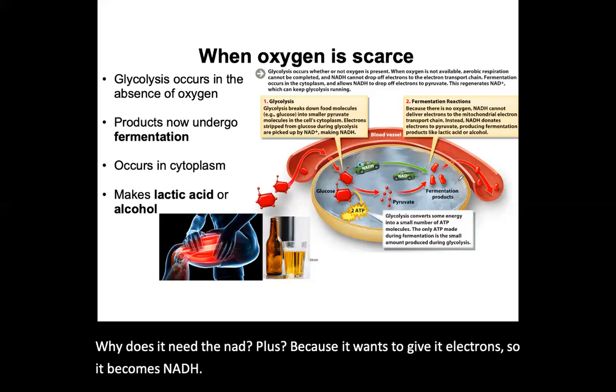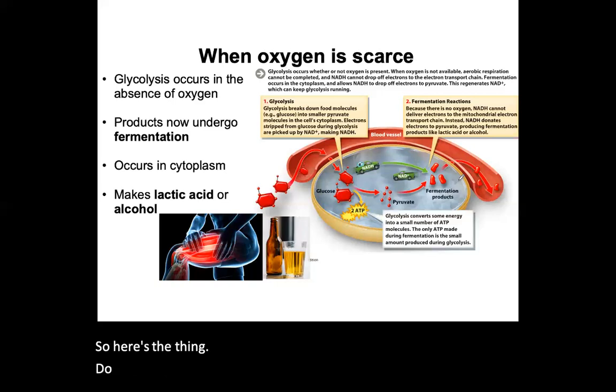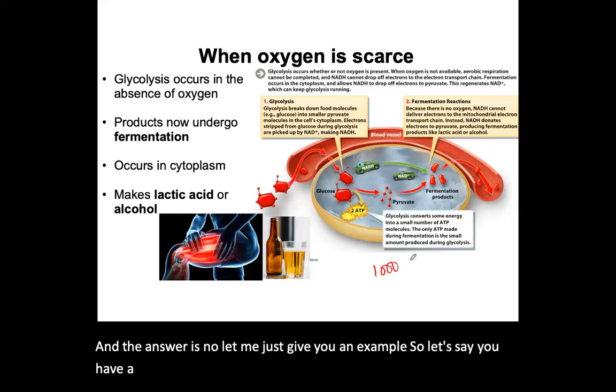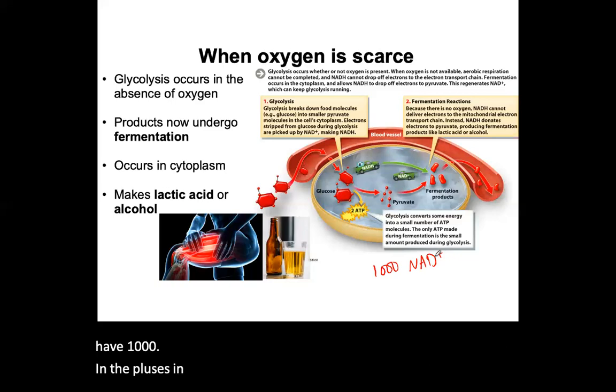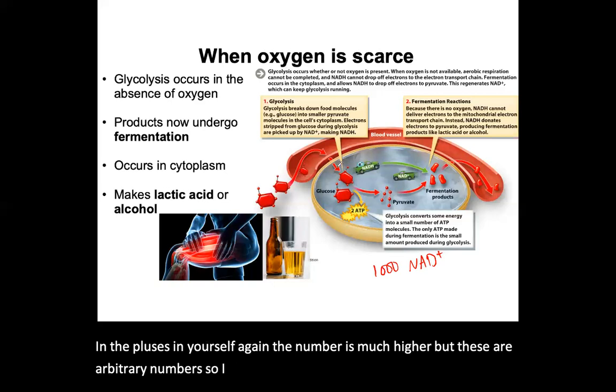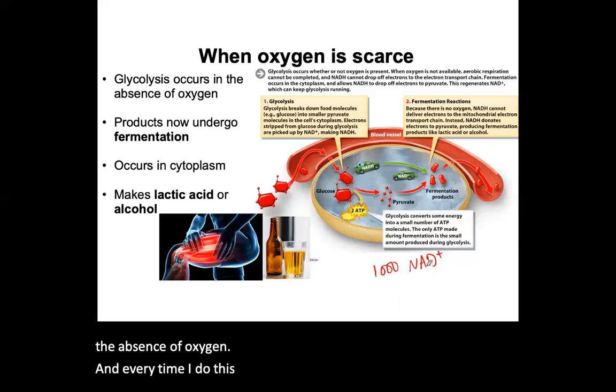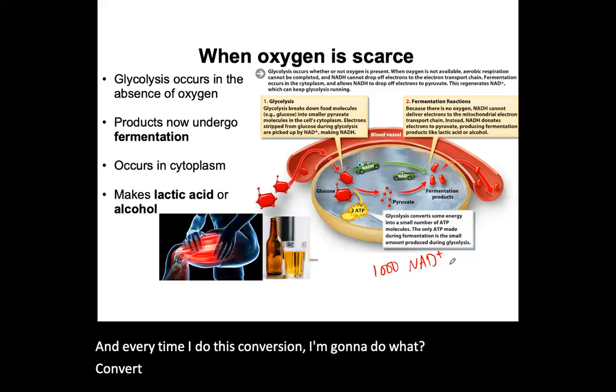So here's the thing, guys. Do you have unlimited NAD+ in your system? And the answer is no. Let me just give you an example. So let's say you have 1,000 NAD pluses in your cell. And again, the number is much higher, but these are arbitrary numbers. So I have started to convert glucose to pyruvate in the absence of oxygen. And every time I do this conversion, I'm gonna do what? Convert these NAD pluses to what? To